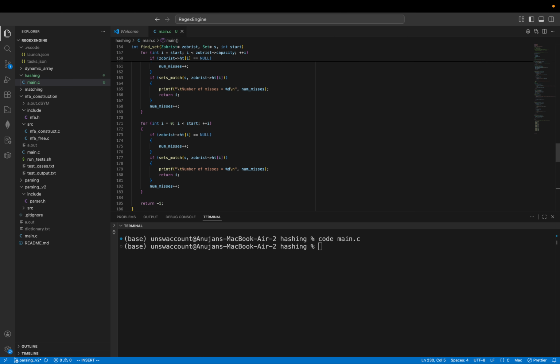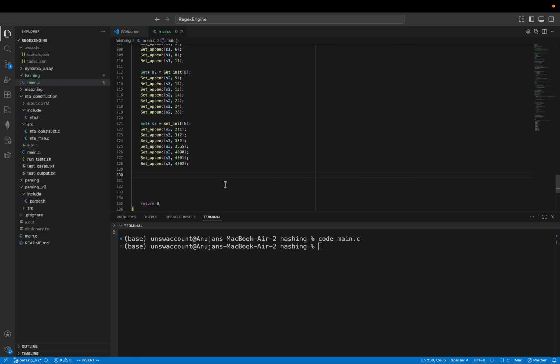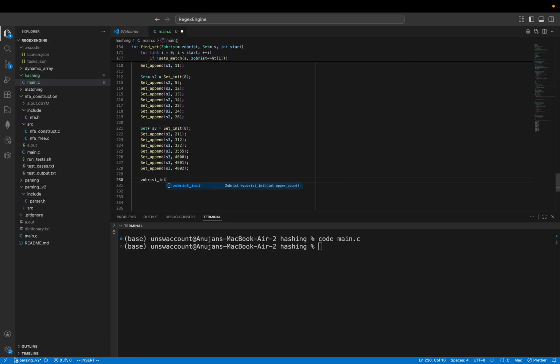I wonder if I can use the addresses. Like, you know what I mean? Instead of storing the array, if I just store the address of the array, because obviously, no, that doesn't make sense actually. No, that's dumb. Sorry. Let me try Zobrist init, given the upper bound, which is